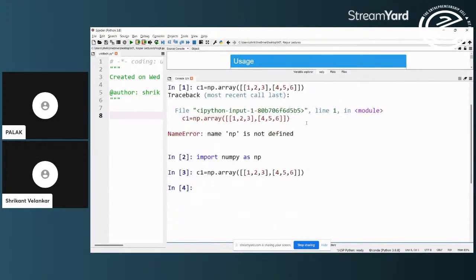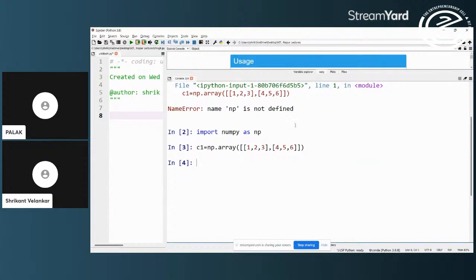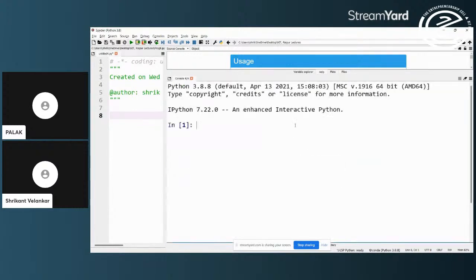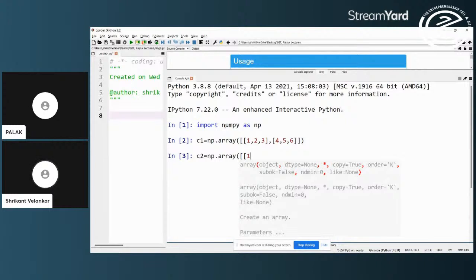C2 is equal to np dot array, just to be very careful.